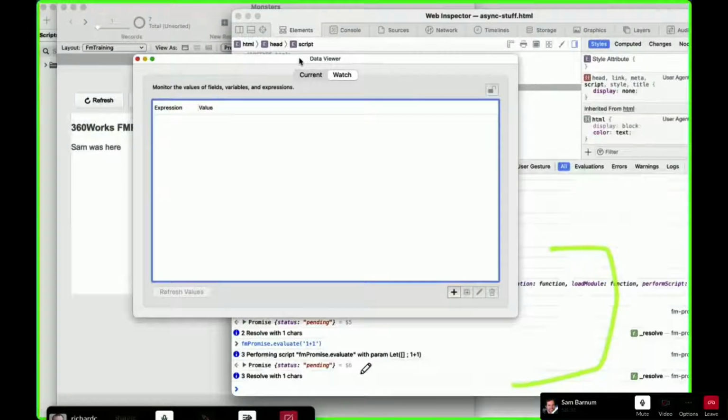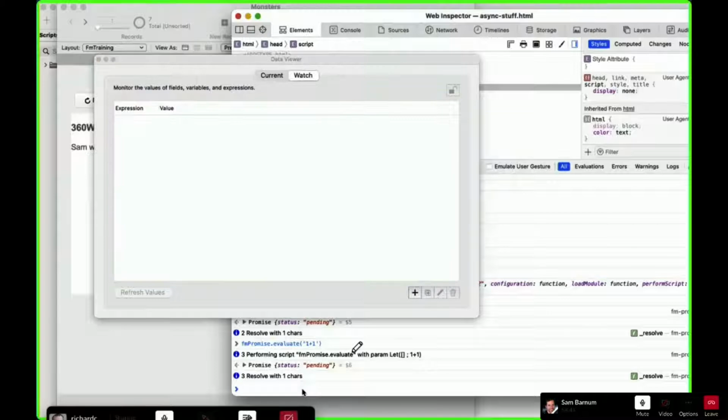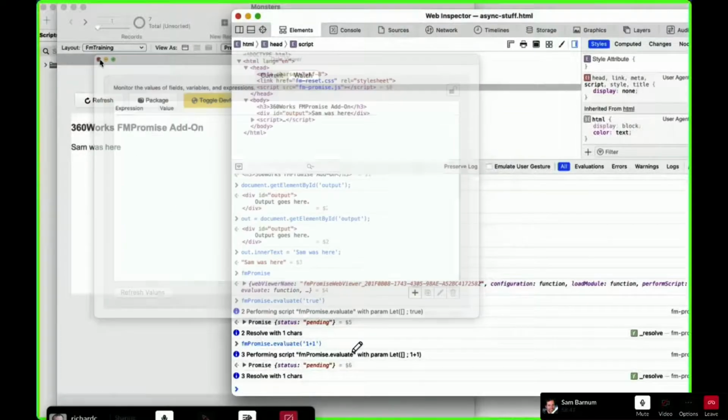Yeah. So I have a question. You gave it a name, right? fmPromise is your thing, and then evaluate. What was the name of this? Did we give it a name? Because you could send more than one promise out. You could call promise Jesse, promise Sally, promise Fred, and then evaluate all three of them, or how would that work? Yeah, good question. I did not give it a name.